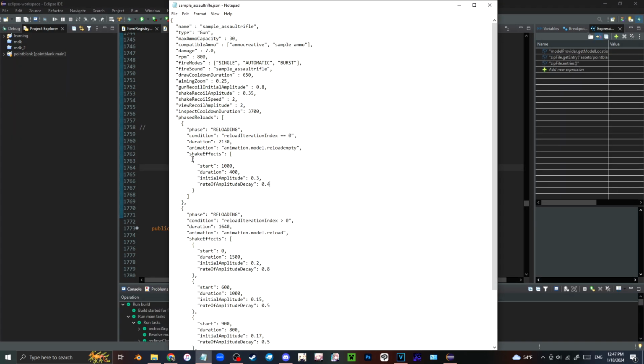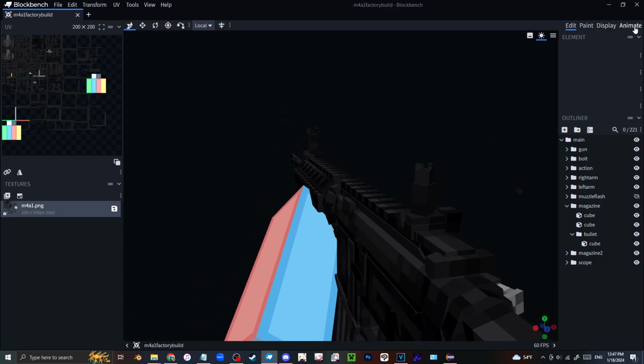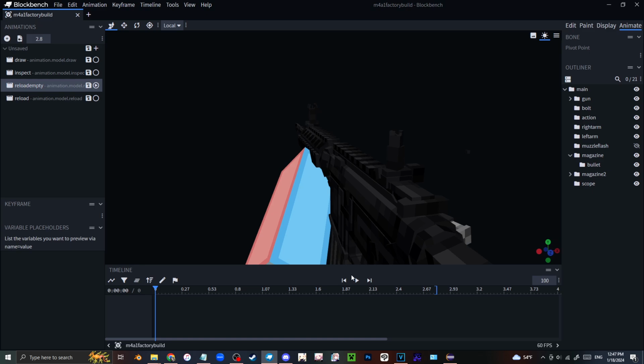So basically, the purpose of this shake effect tool is to allow players to add screen movement entries and time it with specific points in their animation for the purpose of adding some kind of intensity and dynamic nature to your animations. So for example, if we look at the model I made in Blockbench for the M4, personally I